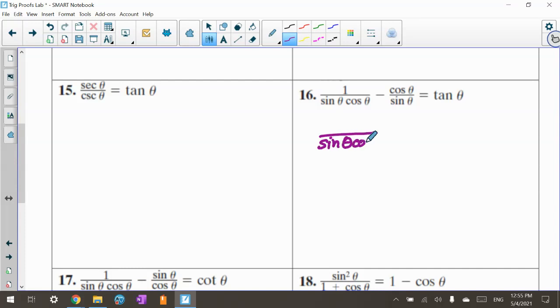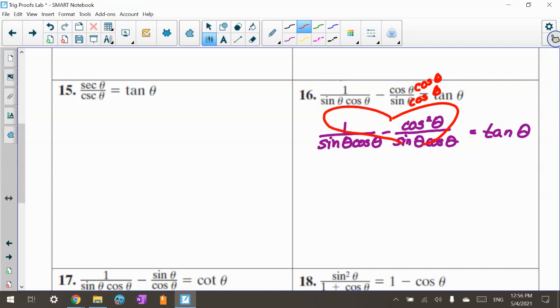So I have sine theta, cosine theta, minus, because when I'm subtracting, I have to have common denominators. And when I do this, I have 1. And then I see I'm missing cosine. So my smart one that I'm going to multiply the top and bottom is going to be cosine theta over cosine theta. So I end up getting right here cosine squared theta. Once you have a common denominator, I always tell everybody, you're going to combine your numerators. So you're going to end up with 1 minus cosine squared theta, okay, all over sine theta cosine theta,